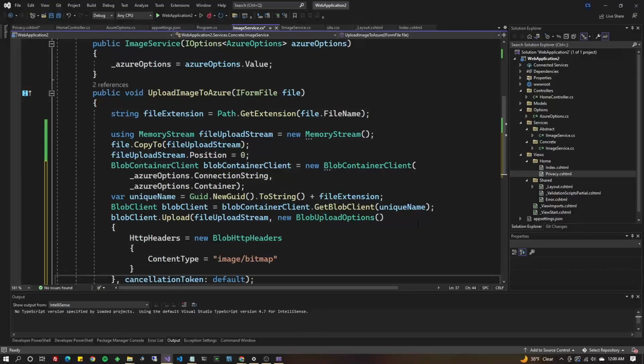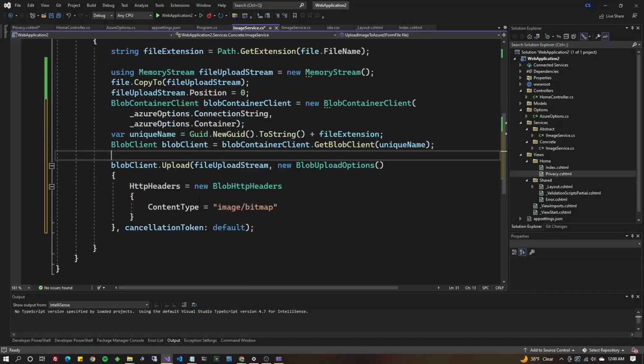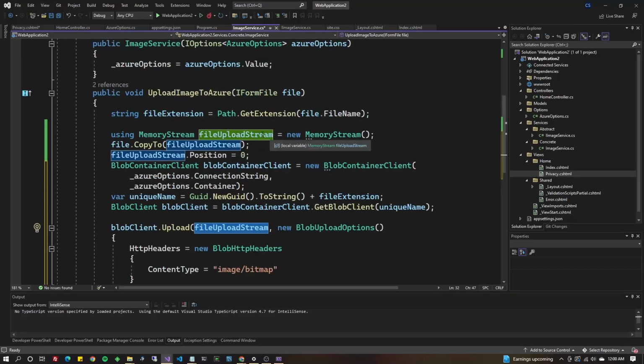We're going to add a little bit more. So this looks like a lot, but it can be done much shorter. It looks like a lot because I added these headers. Let me explain everything that happens here. So the blob client that you just created one line up, we're going to use the upload method in that, and we're going to pass it in the upload stream, which is that memory stream that you created and loaded the contents into. You can populate a memory stream from a flat file on your hard drive, but we populated